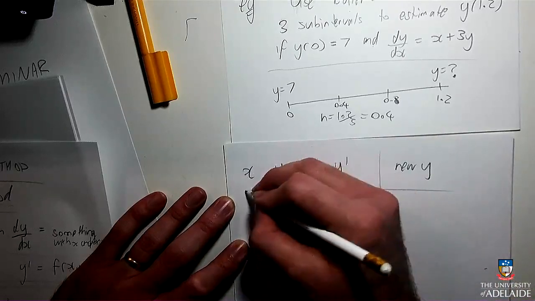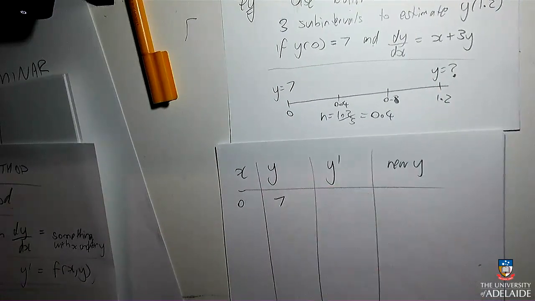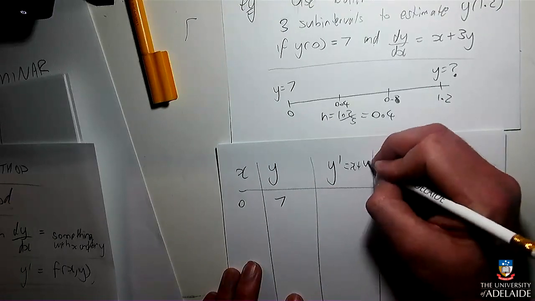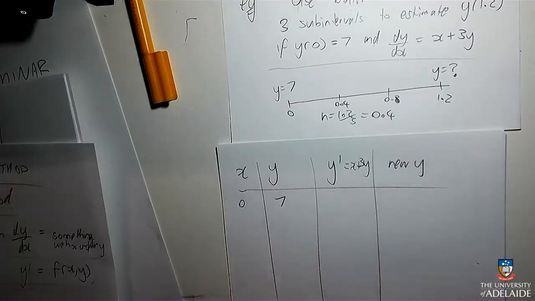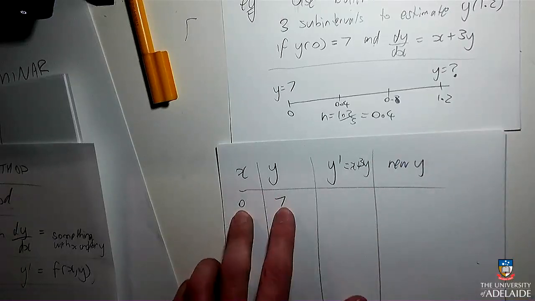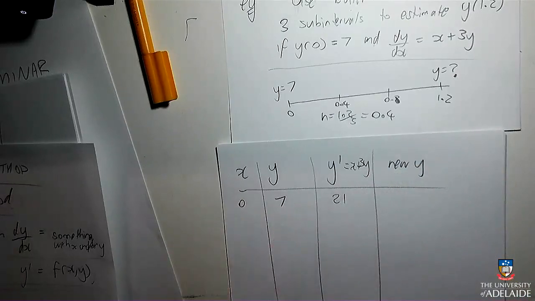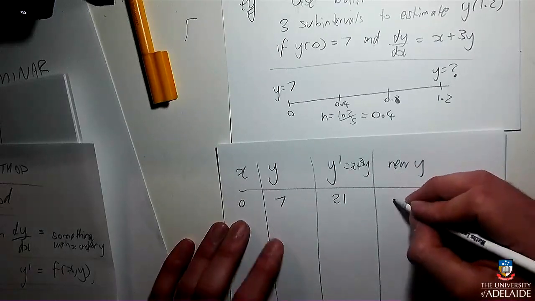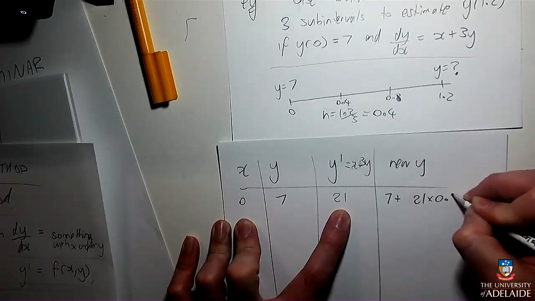And I will also need x to say which x position I'm at so that I know when I get to the end. So when x is 0, the y is 7, and the y dashed is x plus 3y. And so the answer is x plus 3y is 21. And so the new y will be calculated like this. It will be the old y plus the y dashed times the h,